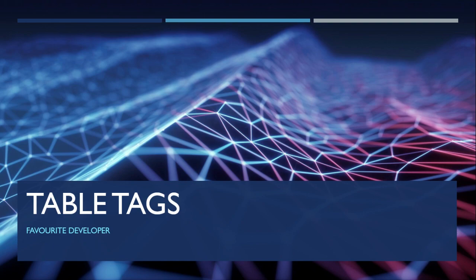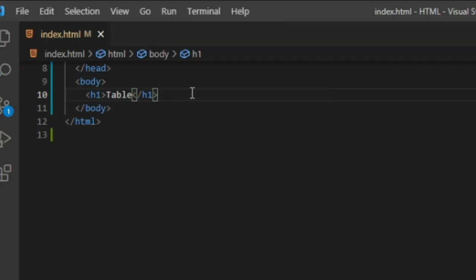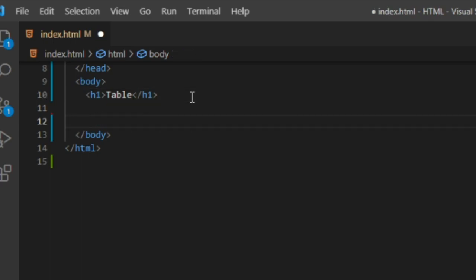In this video, we are going to be talking about how we can display a table in a web page. So we'll head over to our code editor, and the only thing I have there is this H1 with the text table. So I'm going to come beneath it and write out the code for displaying a table in